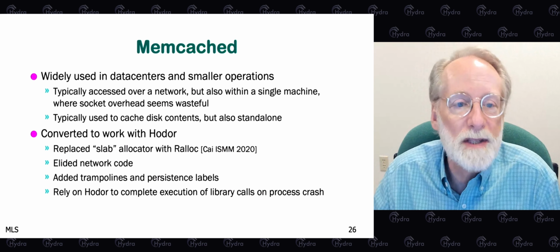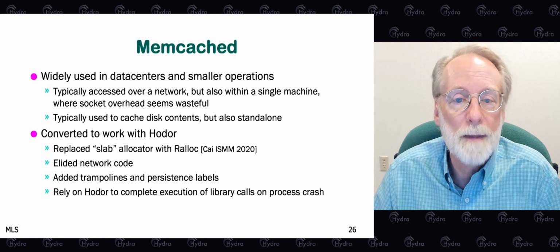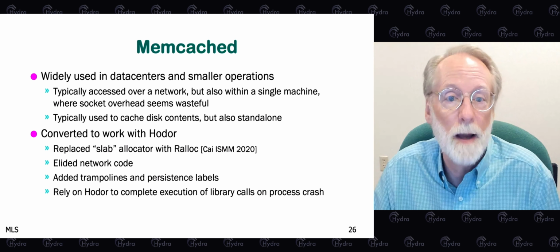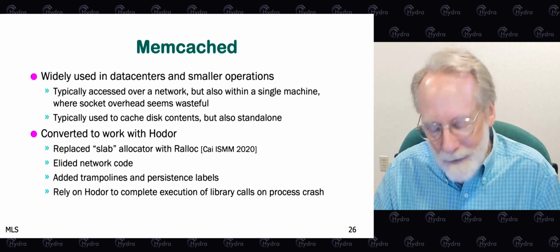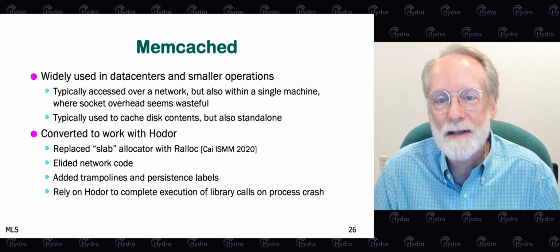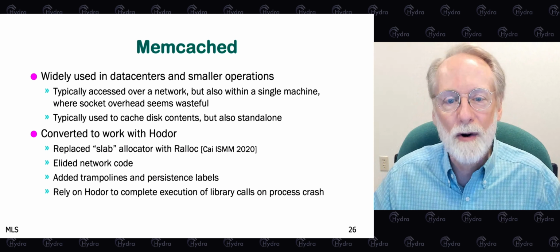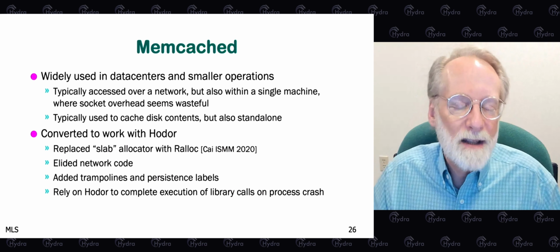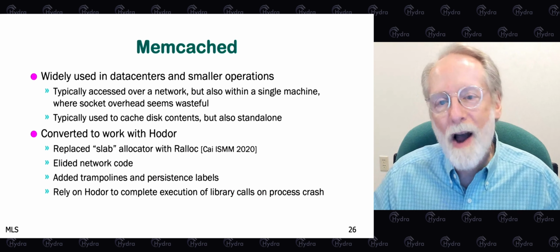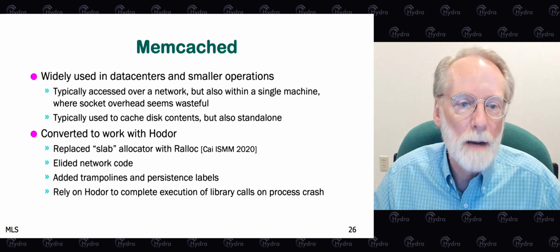But it's also used within a single machine, with client processes running on the same multi-core hardware that's running Memcached and using Unix domain sockets through the operating system to access the Memcached server. But if you're running on a single shared memory machine, in that particular use case of Memcached, the overhead of communicating over Unix domain sockets through the kernel really seems unfortunate. It's like the overhead of communicating with a server in a microkernel system. Why not access the resource directly? And that's what we decided to do with Memcached on top of Hodor.